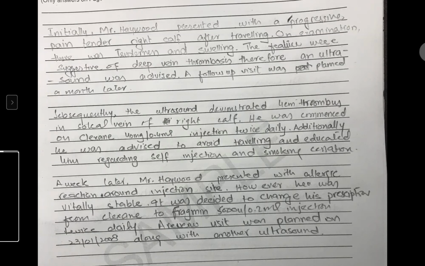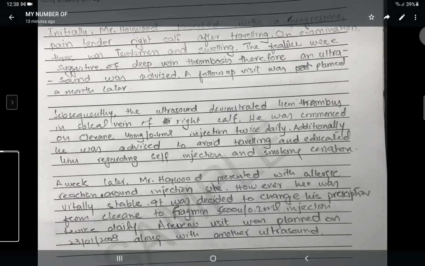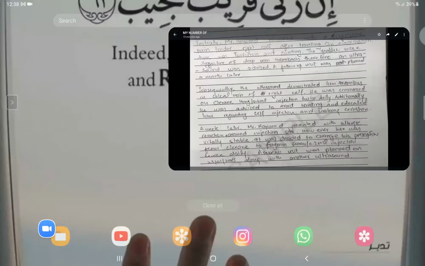Okay, so he's going to come after a month just to receive the results of the ultrasound? Yes, he came after the month. Tell me something. If he comes after a month, what is his condition, by the way? What is it that he has? You guys are doctors. Tell me what is it that he has? DVT, deep vein thrombosis. Yeah. And if he comes after a month, do you think he'd survive or he would die? He can die of a heart attack.